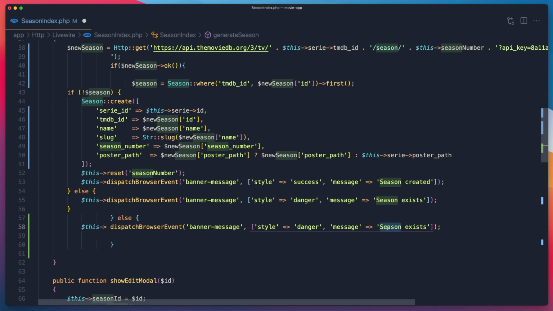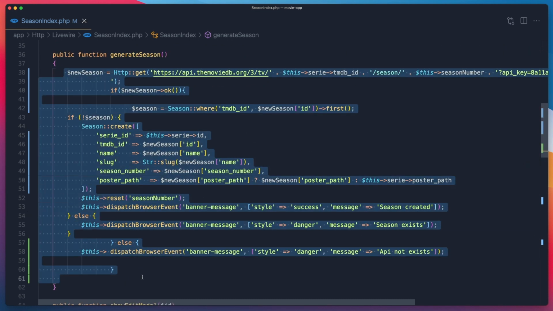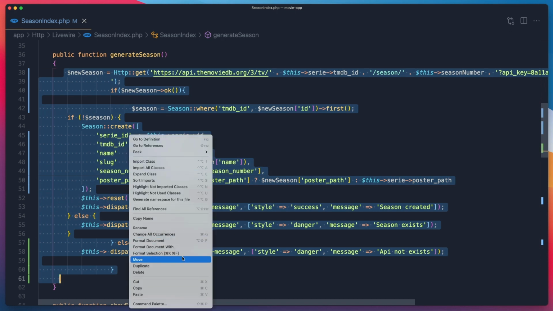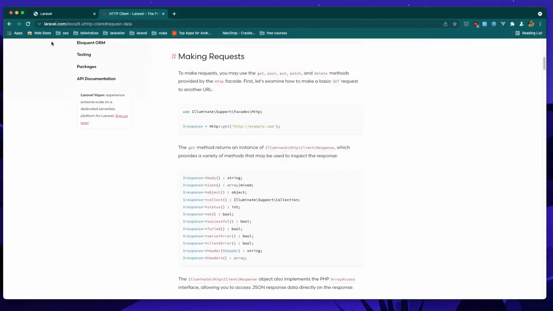I'm going to say API not exist, and we need to format this code, hit save, and go to the browser,